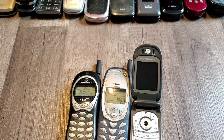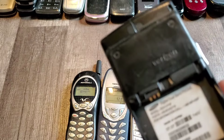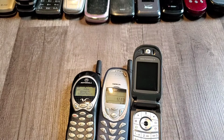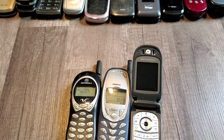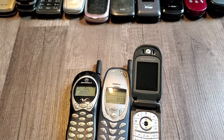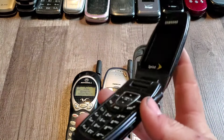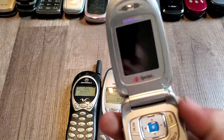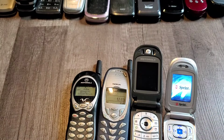Here's the other Samsung U740. I'll throw that with the other pile of them. They don't have batteries. Here is a Samsung Sph A640. This one doesn't have a battery. I do have another one that has a battery though. Let's see. We got a Samsung A660. This is a newly bought phone. It does work. Here's a Sprint